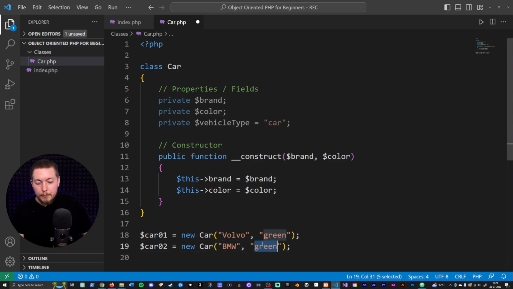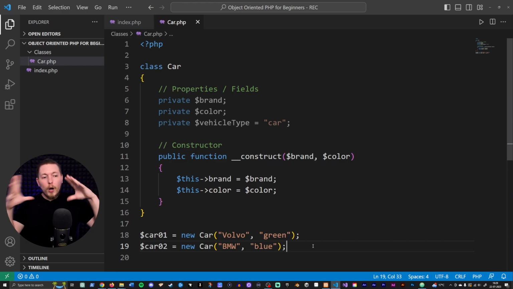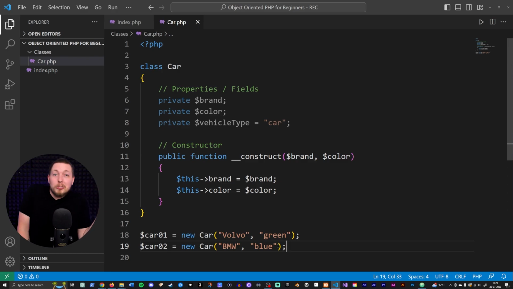and it is going to be a blue BMW. So in this sort of way, we now have different copies of this car based off this blueprint. But now just to show one extra thing here that might be important to some people, let's say I don't want to decide on the color for the second car down here. Now it is going to give me an error message because we need to include the color,